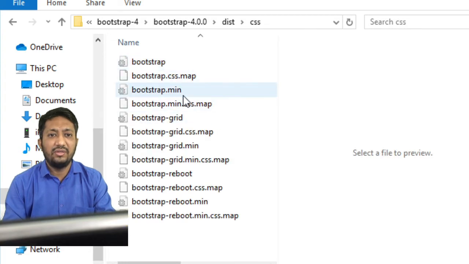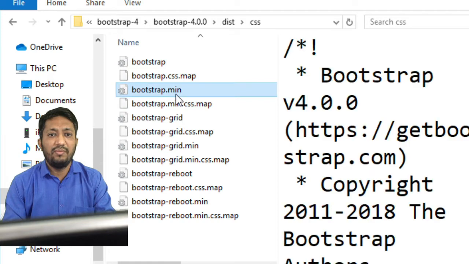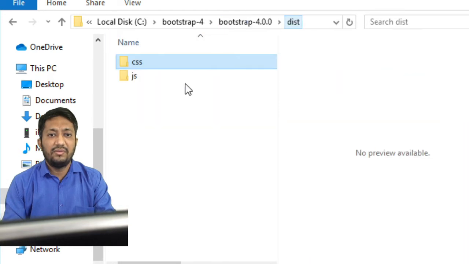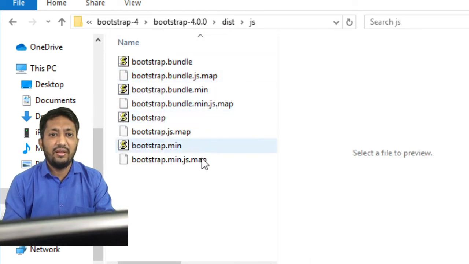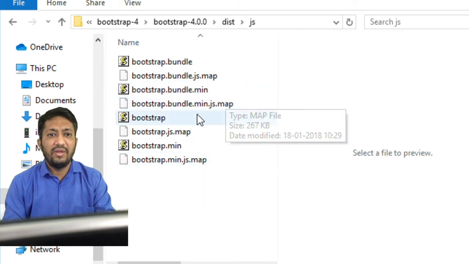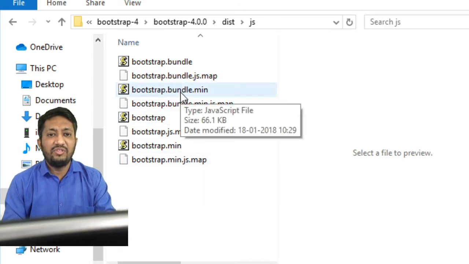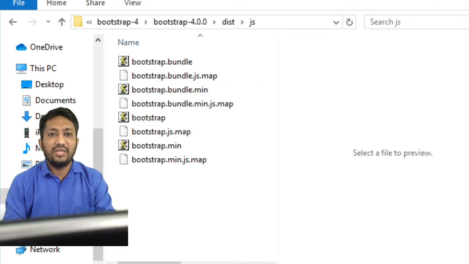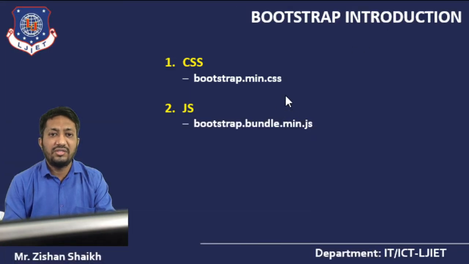In CSS you can see the bootstrap.min file. In the JS folder you can see our main JS file, bootstrap.bundle.min. So these two main files are for our Bootstrap. This is the directory structure of our Bootstrap folder.